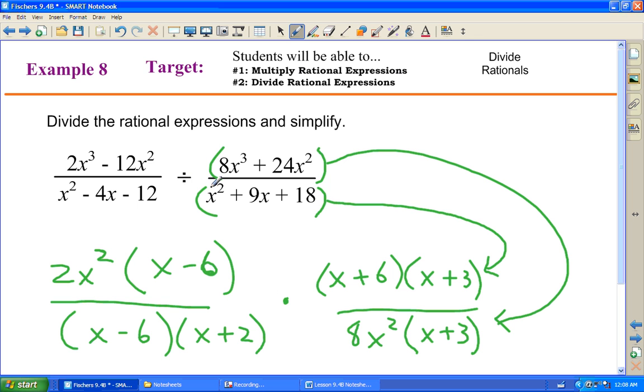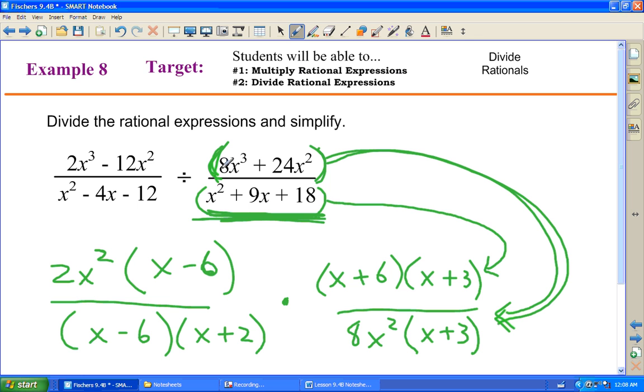Okay, if you factored these and did the flip and then multiply, notice that this whole polynomial here, x squared plus 9x plus 18, showed up on top, because when I flip it, it goes from the bottom of this fraction to the top. And when I factor this, I get x plus 6, x plus 3. When I take this one down to the bottom, because I flipped it, now it's on the bottom,